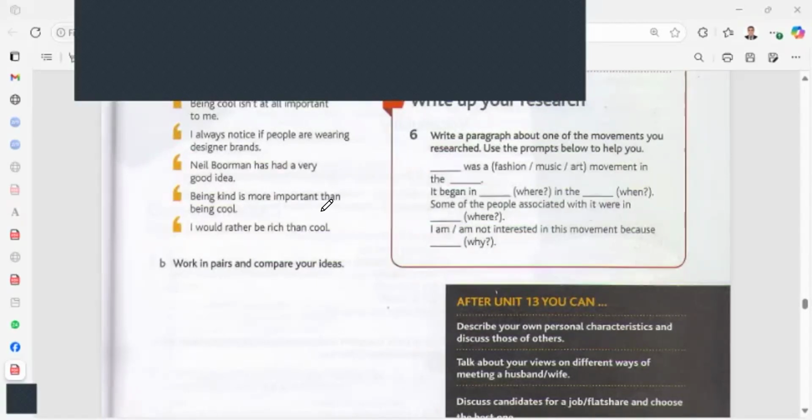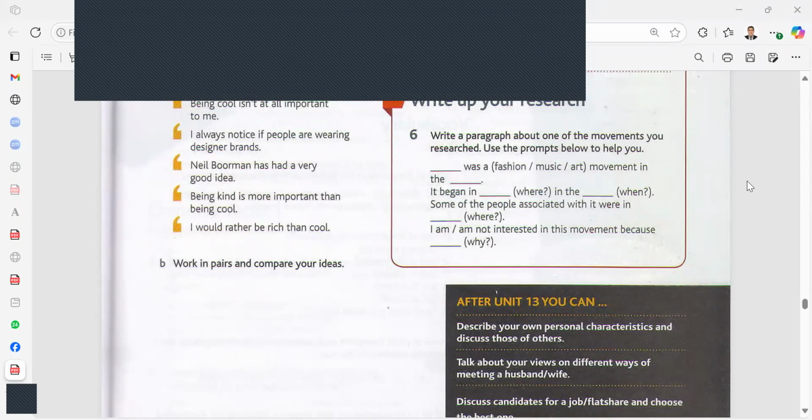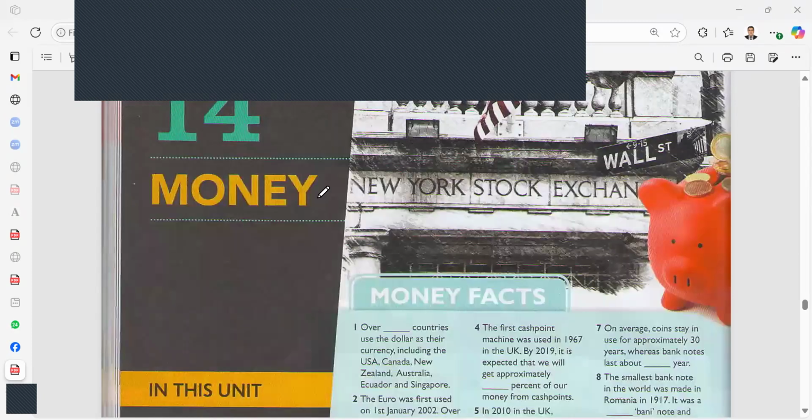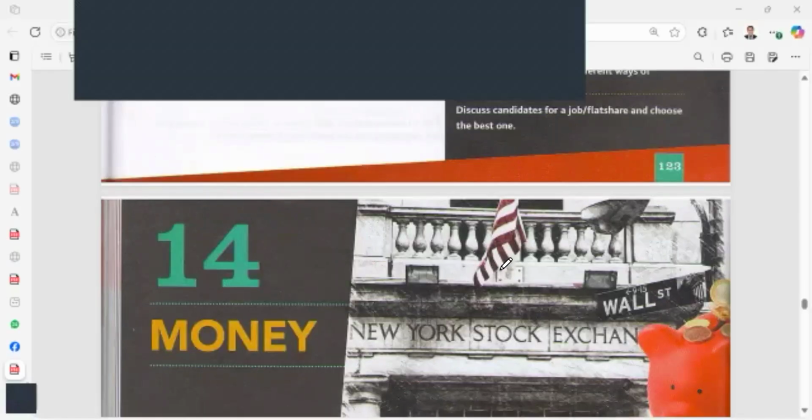Let me say congratulations for completing this course. This is the last unit of your P1 course. Inshallah, I hope you finish it successfully and complete all the end of course exams as soon as possible. So today, inshallah, we should start Unit 14, Money. But before we start, Yajud, let me remind you, what did you study last lesson?